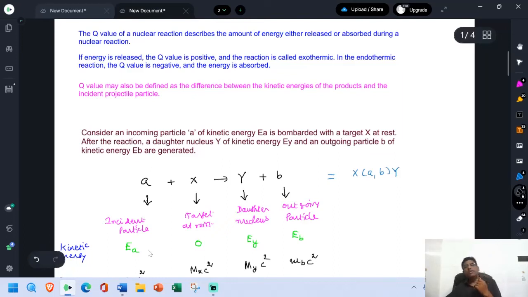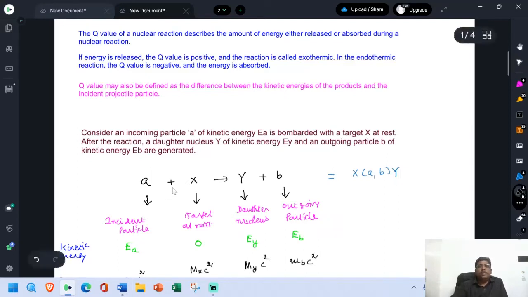In this presentation, we have to talk about the Q value of a nuclear reaction, and also derive an expression for the Q value. The Q value of a nuclear reaction describes the amount of energy either released or absorbed during a nuclear reaction. If energy is released, the Q value is positive and the reaction is exothermic. If the Q value is negative, the reaction is endothermic and the energy is absorbed. Q value may also be defined as the difference between the kinetic energies of the products and the incident projectile